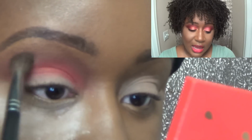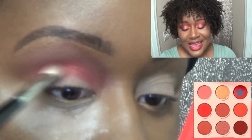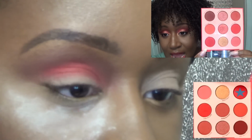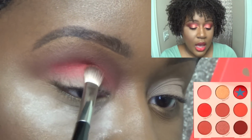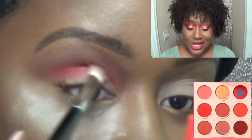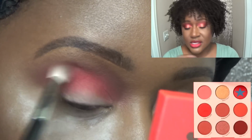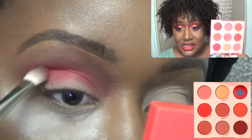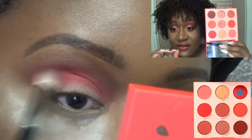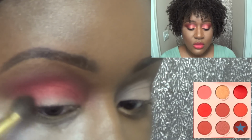It does add some depth, a little bit more redness, a little bit more vibrancy to the crease. But then I wanted to see what Home Slice looked like, because that one has one of the strongest swatches in the palette, and it's the most vibrant red shade in the palette. It seems like it has a slight sheen to it, so I don't know if you want to call it a satin. It's not metallic, but it's just a different consistency than the other mattes in the palette. It is very pigmented, very bright red, with a little bit more pop to it. But Home Slice and Like It's Hot seem a bit redundant. Anyways, I put Home Slice in the crease,